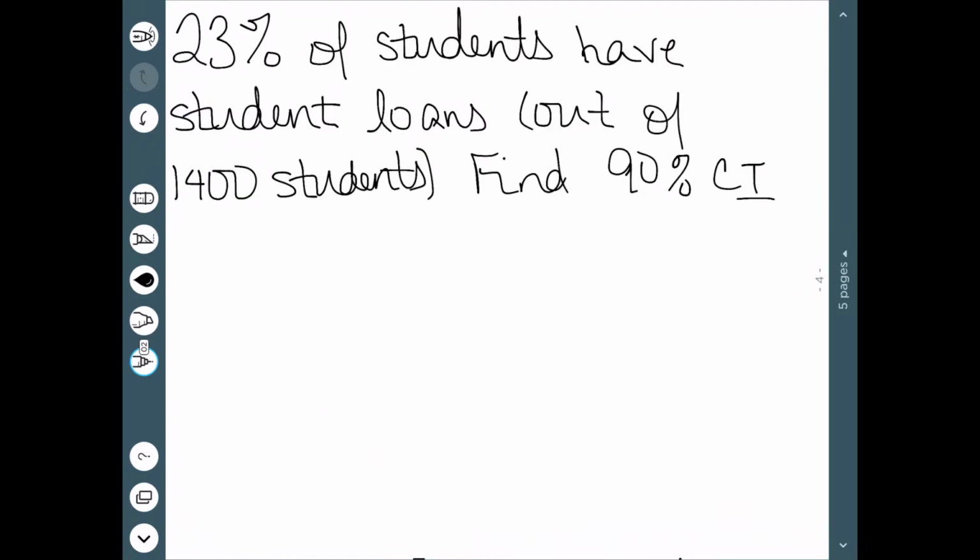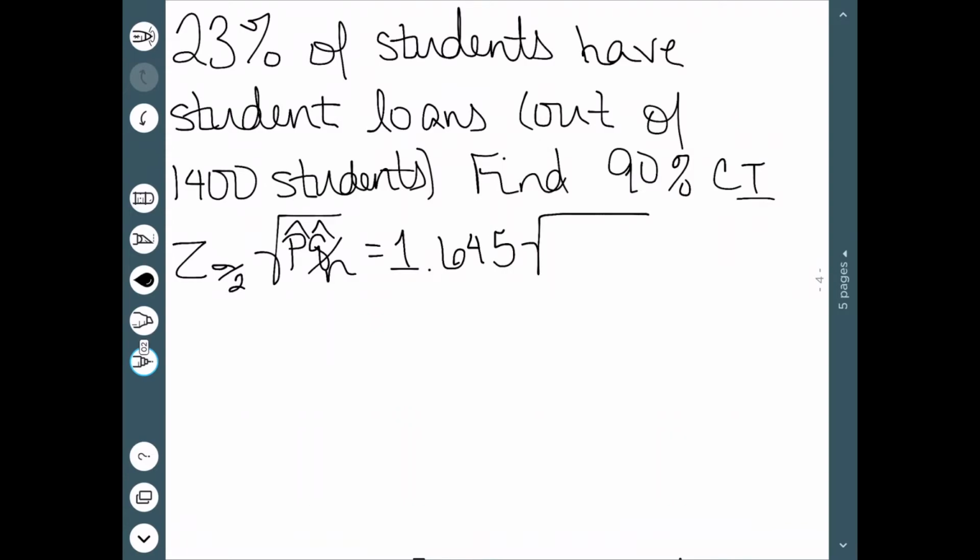So let's look at another example. Let's suppose we do a survey and find that 23% of students have student loans, and let's suppose we interviewed 1,400 students. We want to find a 90% confidence interval. I'm going to start with that Z alpha over 2 times the square root of P hat Q hat over N. A 90% confidence interval, if I look back at that table, was 1.645